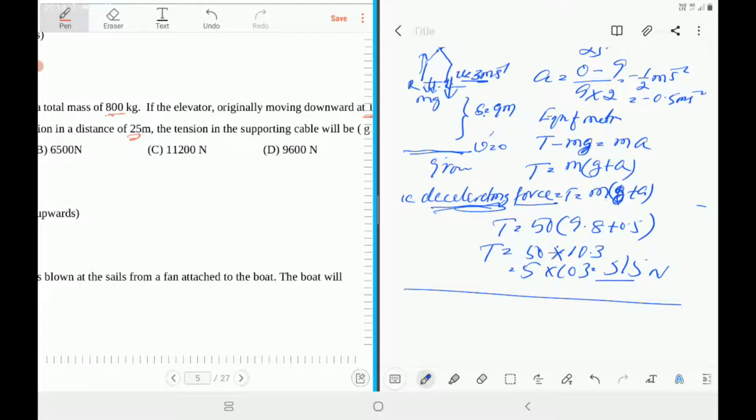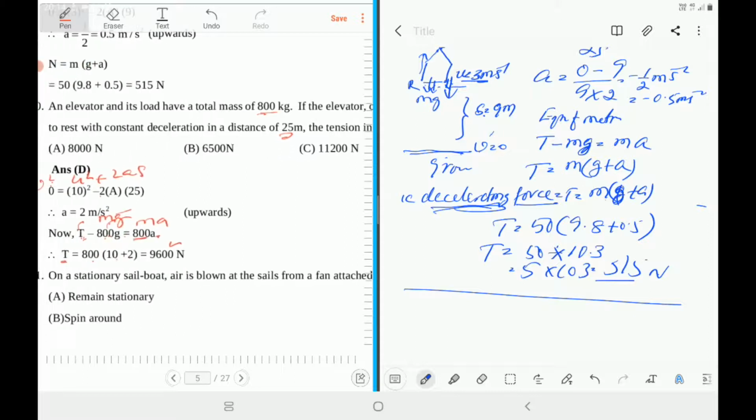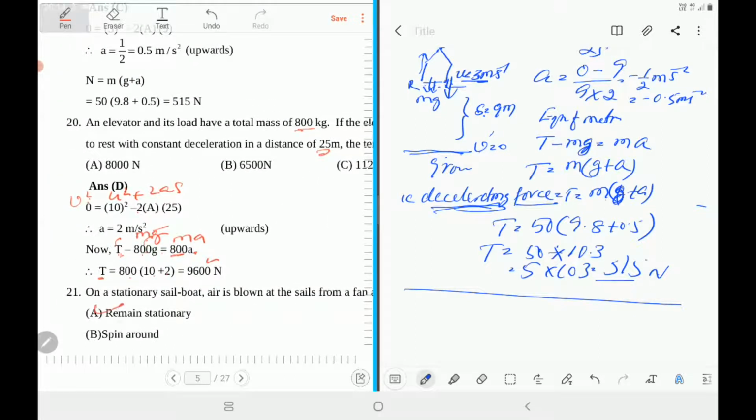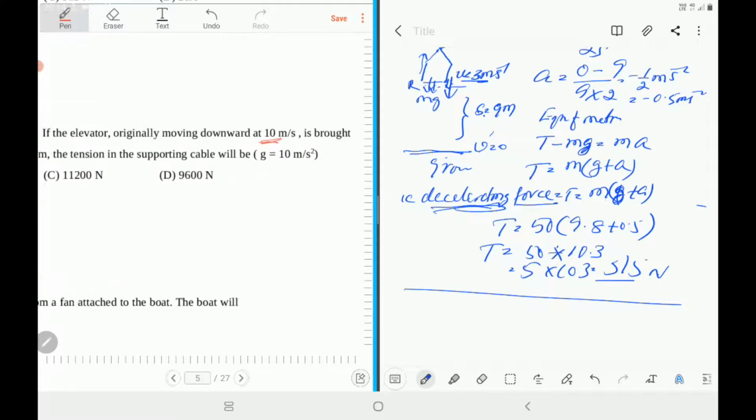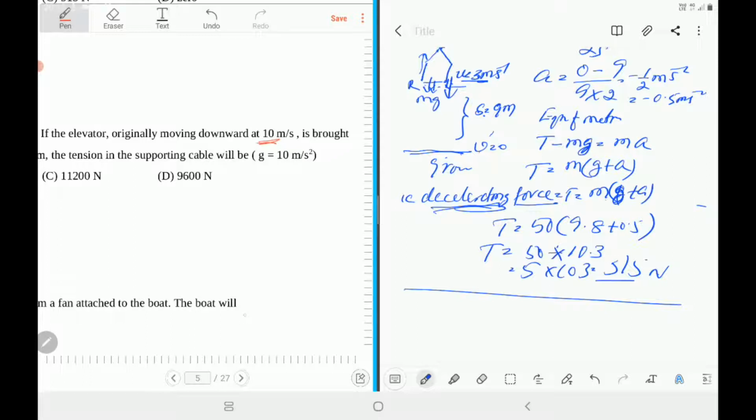They are mutual forces. For every action there is equal and opposite reaction. If you apply a force on the boat, the boat applies force on you. So you both cannot apply force on each other and move. Internal forces do not produce acceleration. External force is required to produce acceleration. That's why, students, the boat remains stationary, will not move, because both the sail and the fan make an internal system. They cannot exert force on each other and make the body move. They have to apply force on another, outside body. Then only the body starts moving, right?